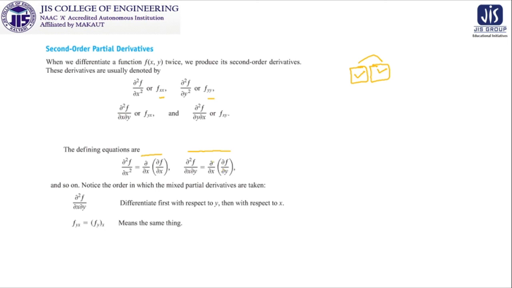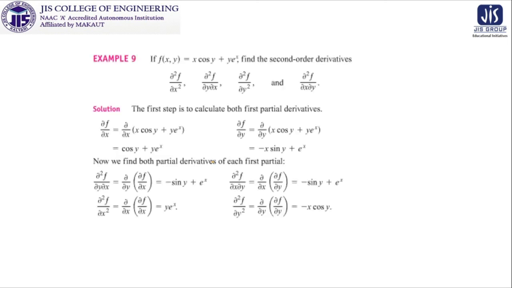I want to emphasize that the example is asking for the partial derivative of f with respect to x twice, the partial derivative of f with respect to y twice, the partial derivative of f with respect to x first then y, and the partial derivative of f with respect to y first then x. I want to emphasize these two parts, whether they are going to be the same or not. You can calculate it, because it is discussed, but these are needed for the next steps, because we are going to differentiate them partially one more time as required.